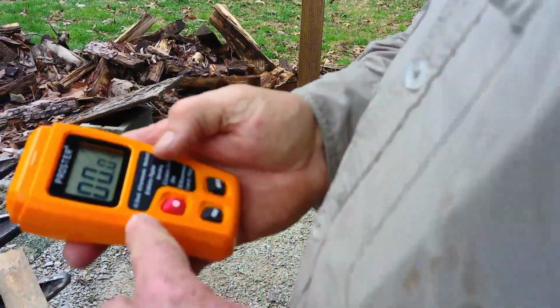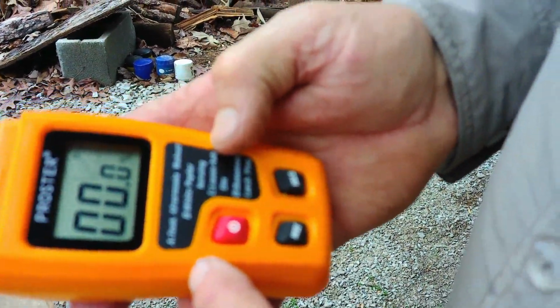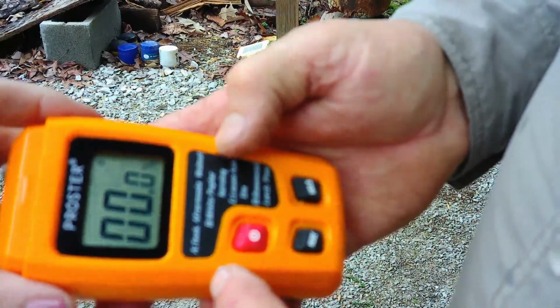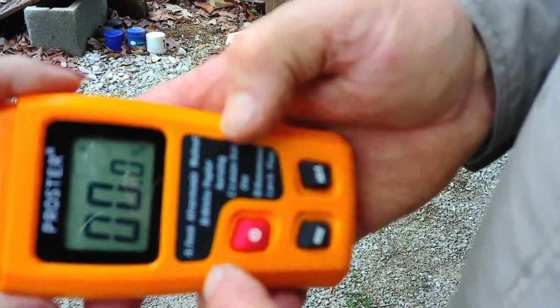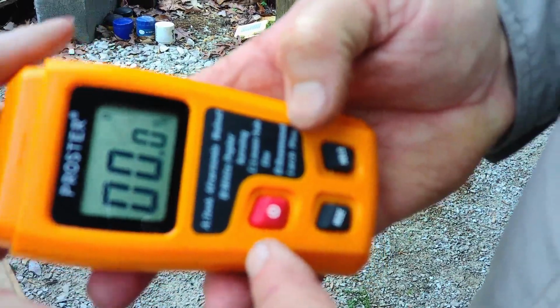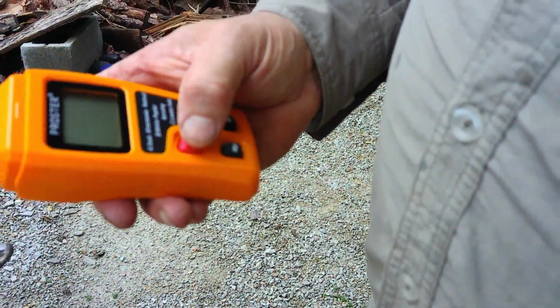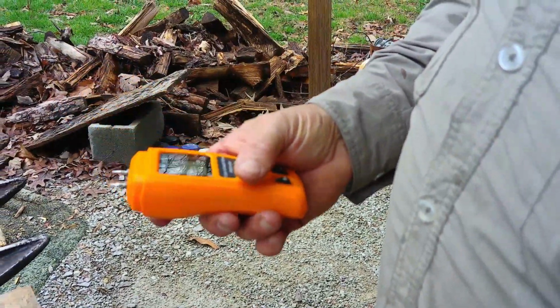Like A is for walnut and white poplar. Then B is for walnut, or like poplar. C is for ash and elm. D is for like basswood. But just looking at the different woods you got, I was just going to go through here and we'll read some of them and see what the moisture